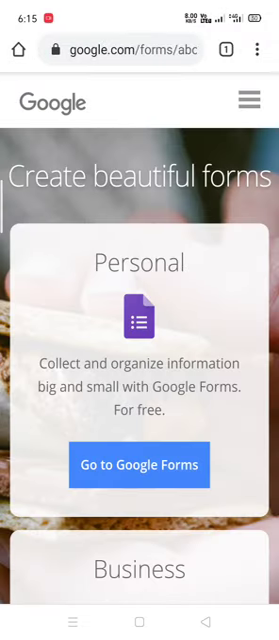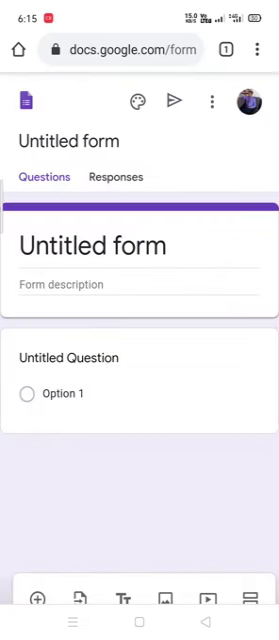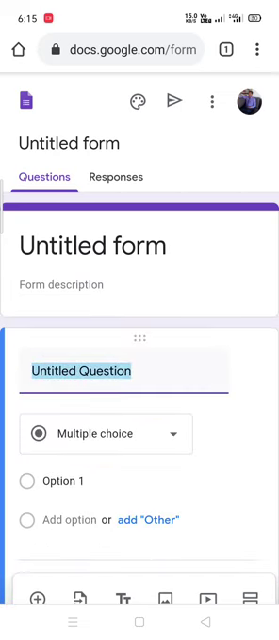Now this screen will appear on your mobile. Then go to Google Forms. Now this form will appear on your mobile. Now firstly you have to